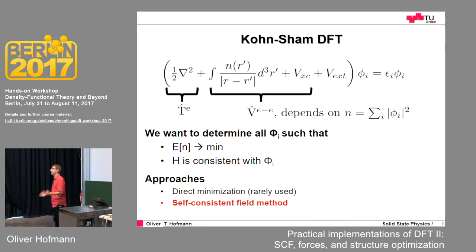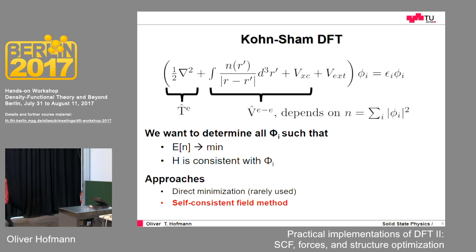So how do we actually do this in practice? There are, in principle, at least two different ways to achieve this. One is the so-called direct minimization, where you start from a reasonable guess and then you try to minimize the coefficients. And the second method, and that's the method that's de facto always used, is the so-called self-consistent